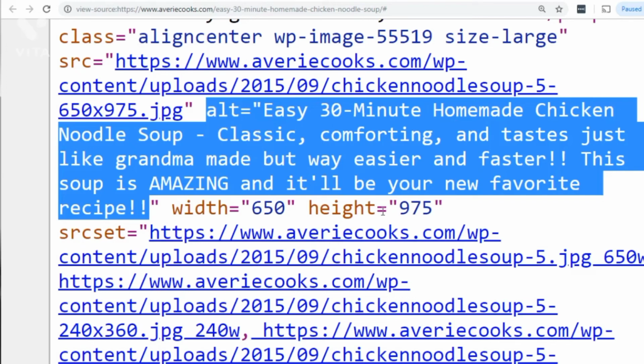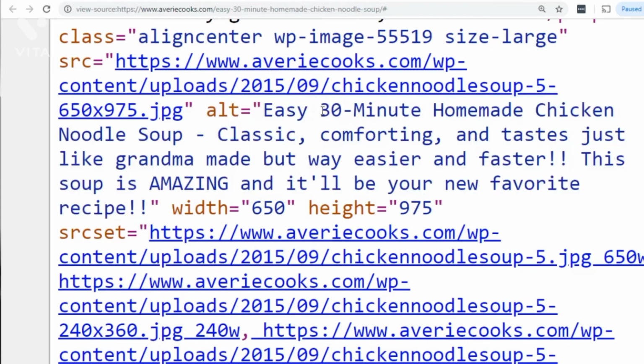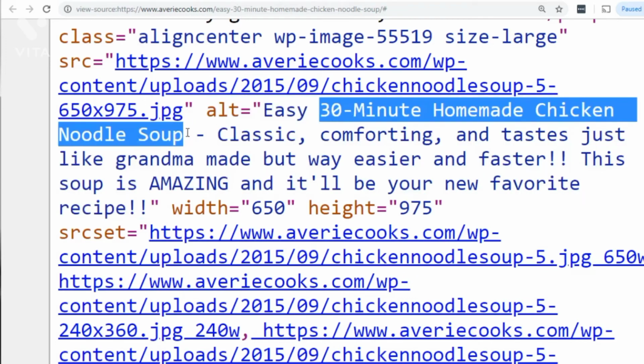Now we can see the image size and all that. Now, that's the alt tag, right? 30-minute homemade chicken noodle soup. And that was in the beginning, and you want to make sure that the keyword is in the beginning. Now, if we do this again,